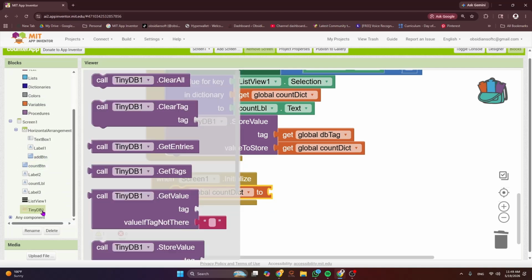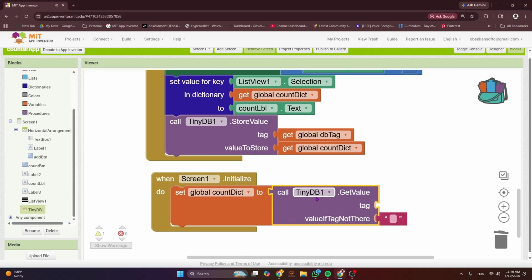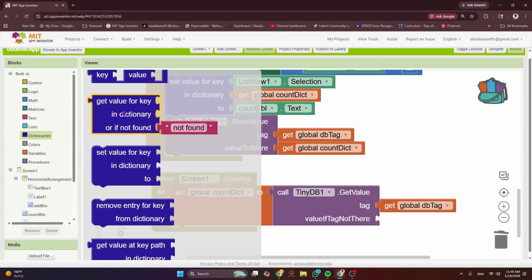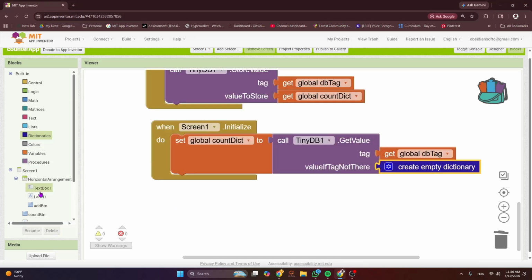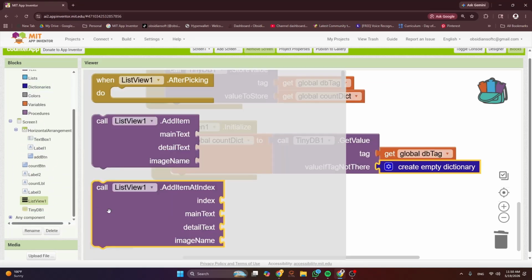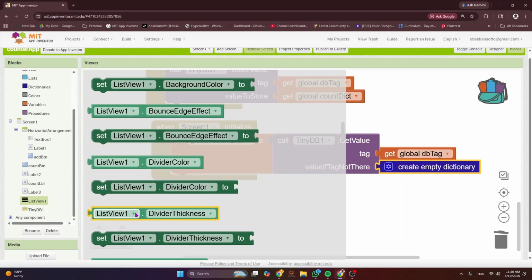a load by calling TinyDB.GetValue, and the tag. Remember, I'm maintaining my DB tag to avoid spelling mistakes. And if value is not there, remember it should be a dictionary. So if there's no data in the TinyDB, that is, we are opening the app for the first time, then an empty dictionary. And I am going to set my list view elements